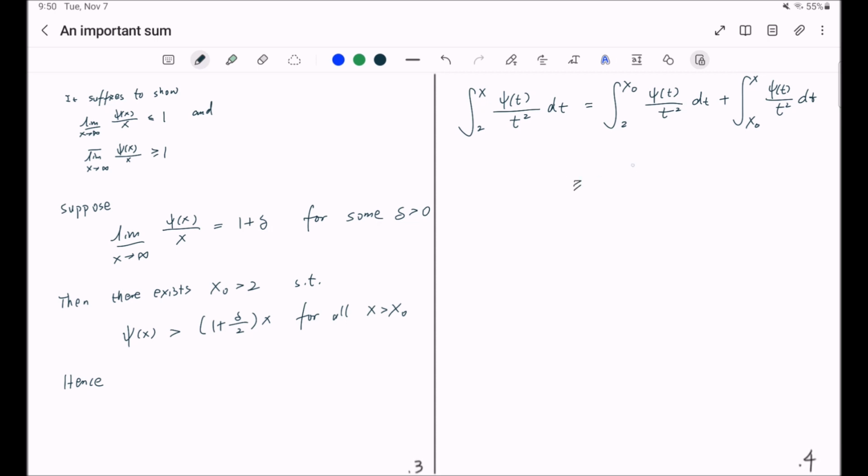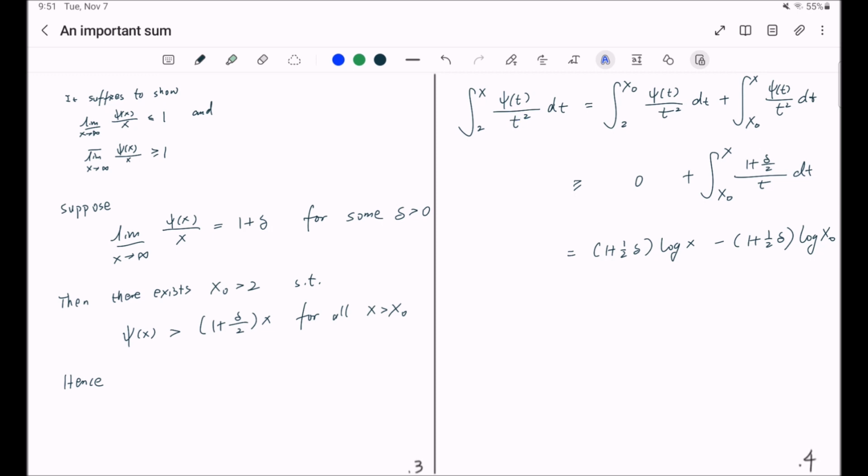So we first throw away the first integral and lower bound the second integral by this linear thing applied to psi of t. But this is computable. It's equal to, precisely, this, and from here you should be able to see a contradiction,